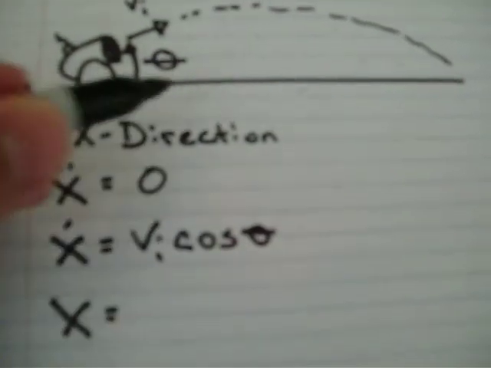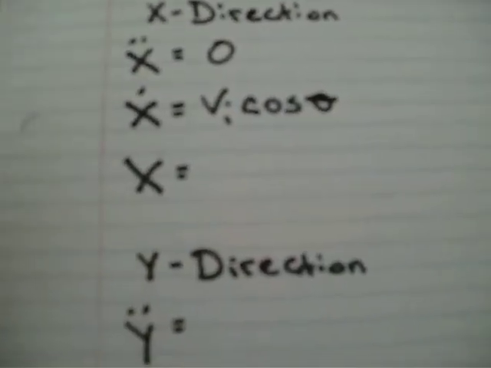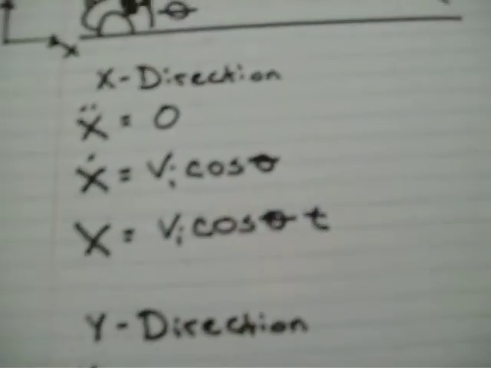So naturally, in the x direction, to find that component, it should be the cosine of this angle. And the distance traveled is the initial velocity cosine theta times time,